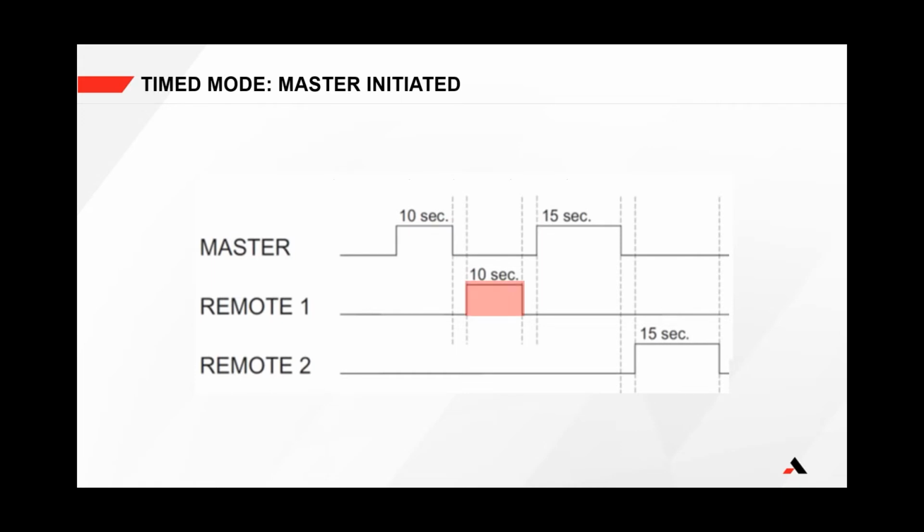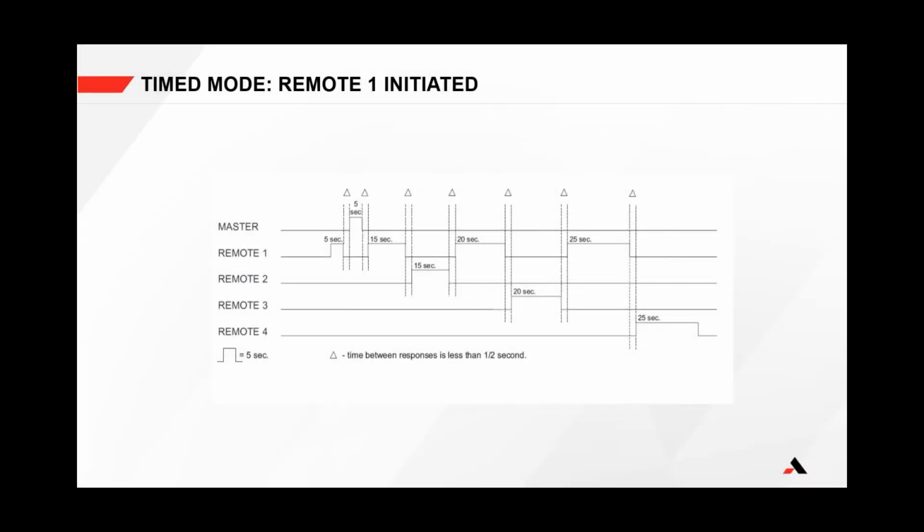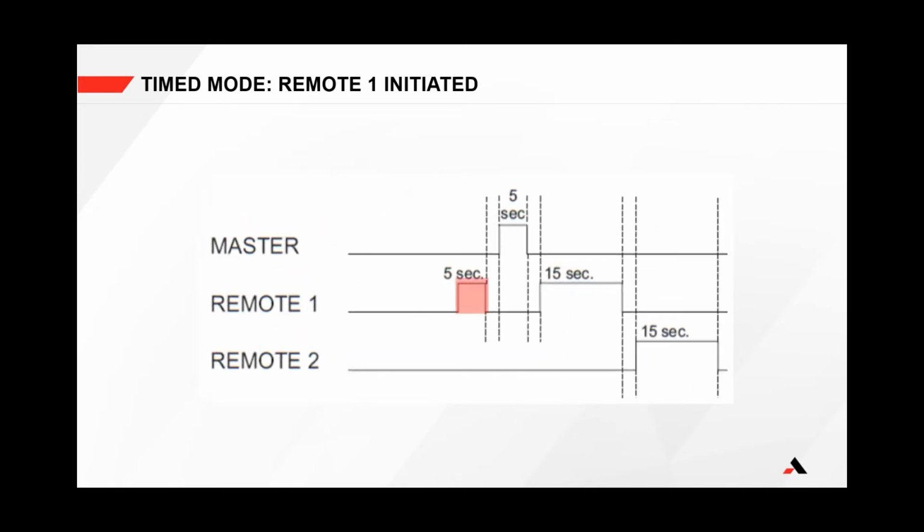Again, if low-level testing is enabled, this is done first at low-level RF and then repeated at high-level RF. For a 3-terminal line, the master will repeat all this using a 15-second pulse that remote 2 will respond to. When a remote UPLC initiates checkback, the testing cycle looks like this. The initiating remote sends a 5-second pulse to the master, which responds with a 5-second pulse, and then corresponding pulses